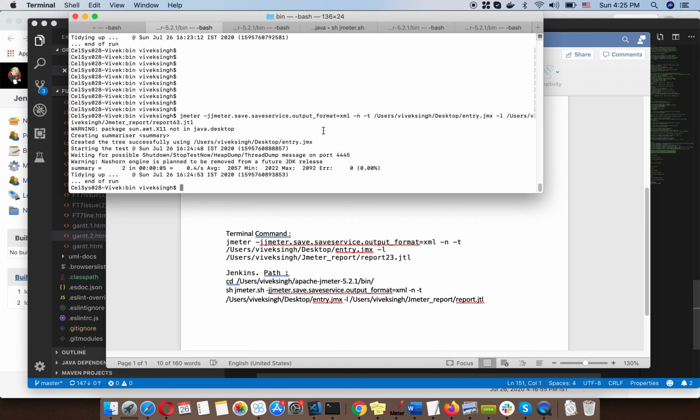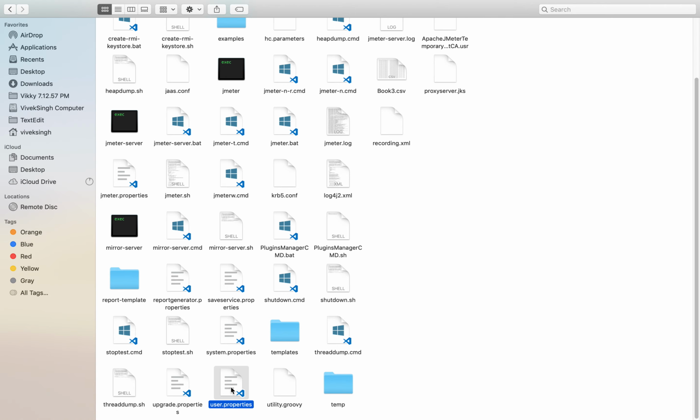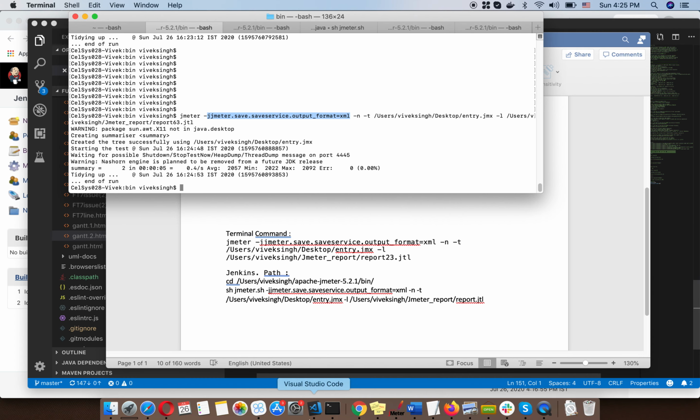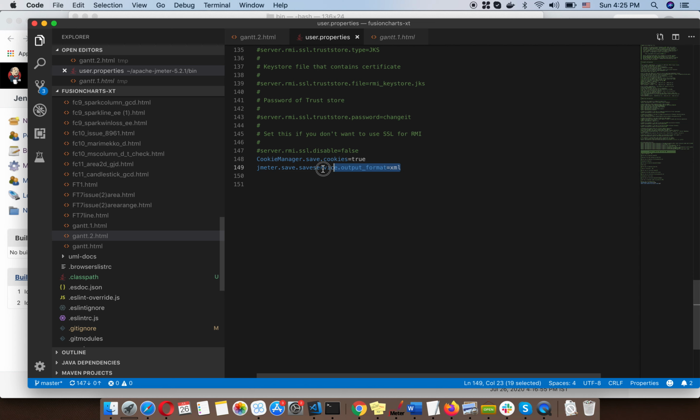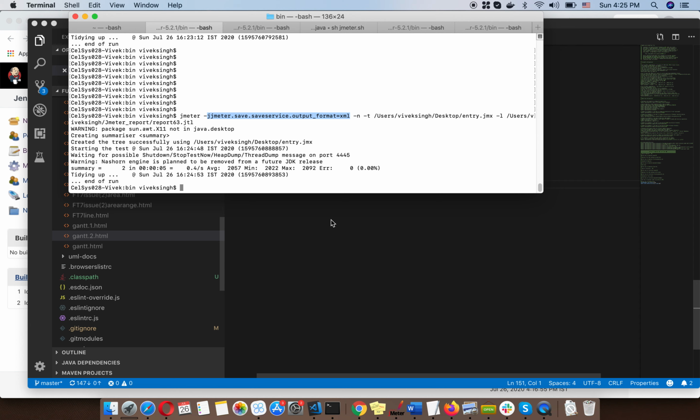So that means by using this particular command we are able to execute our JMeter scripts, using what we saved in the user.properties file. This is a very crucial part which we have saved and checked from the terminal, so our execution is working fine.